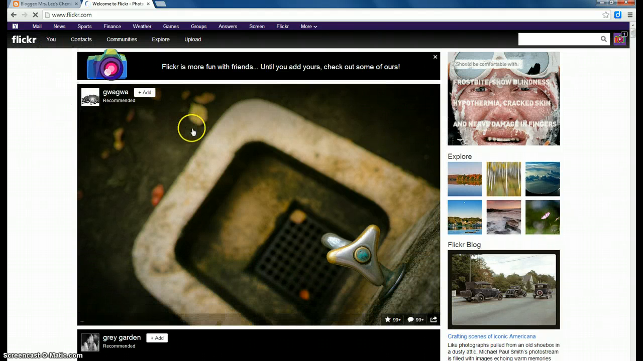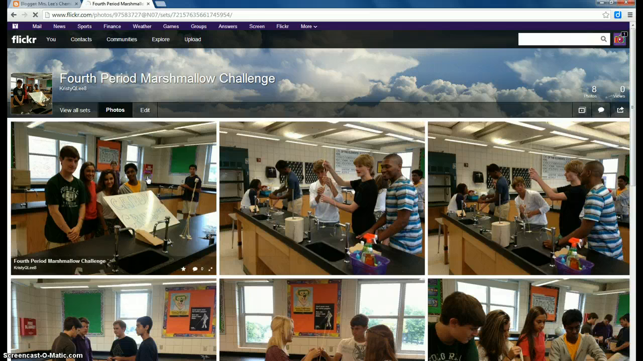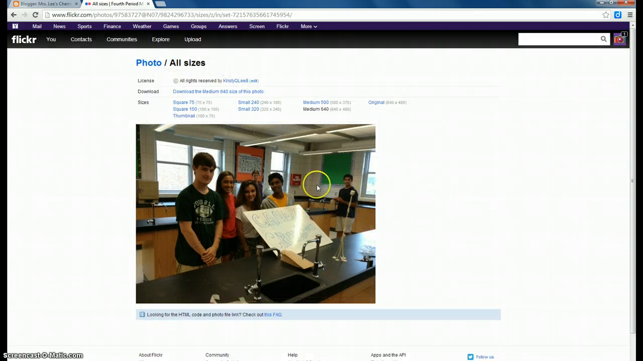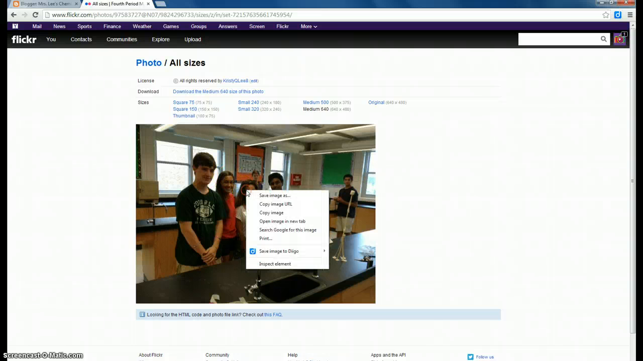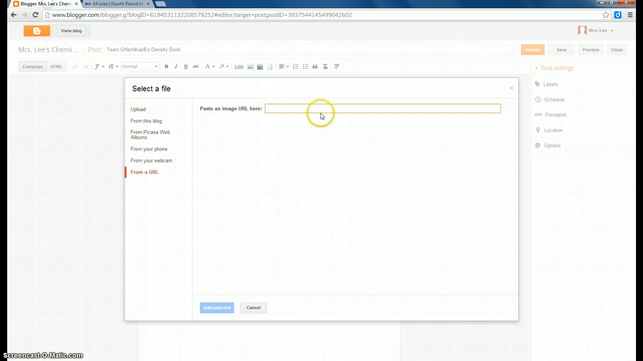So I'm going to go to my sets of images. And when you're taking a picture from Flickr or adding it to your blog post, you click on the image. You're then going to right click on the image, and it gives you a choice of sizes. Again, I usually stick with one of the medium sizes, and it will bring you to the main page for that image. You will right click one more time, copy image URL, go back to your blog, and paste that